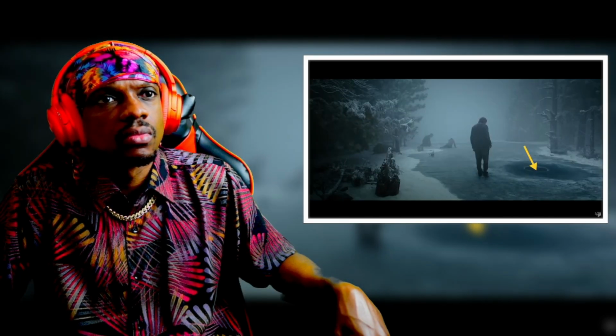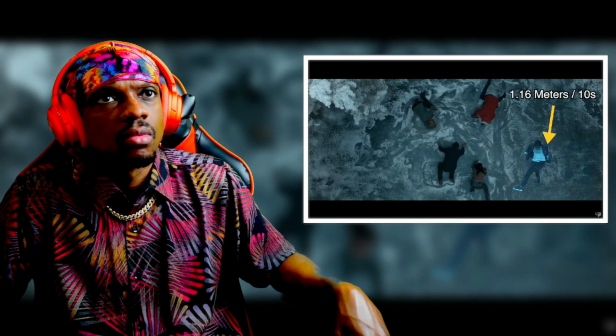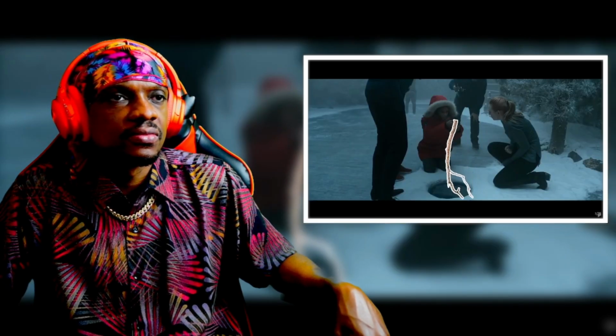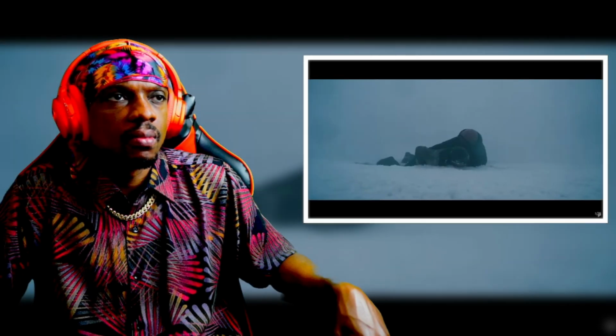If we look at where he ended up before dying, we can tell that the current took him approximately 7 meters away from where he fell, which means for every 10 seconds, Danny is traveling 1.60 meters under the ice. Now this branch is nearly 3 meters long, so if we can submerge it in less than 30 seconds, we would be able to reach him quickly enough for the kid to grab on and pull him to safety before